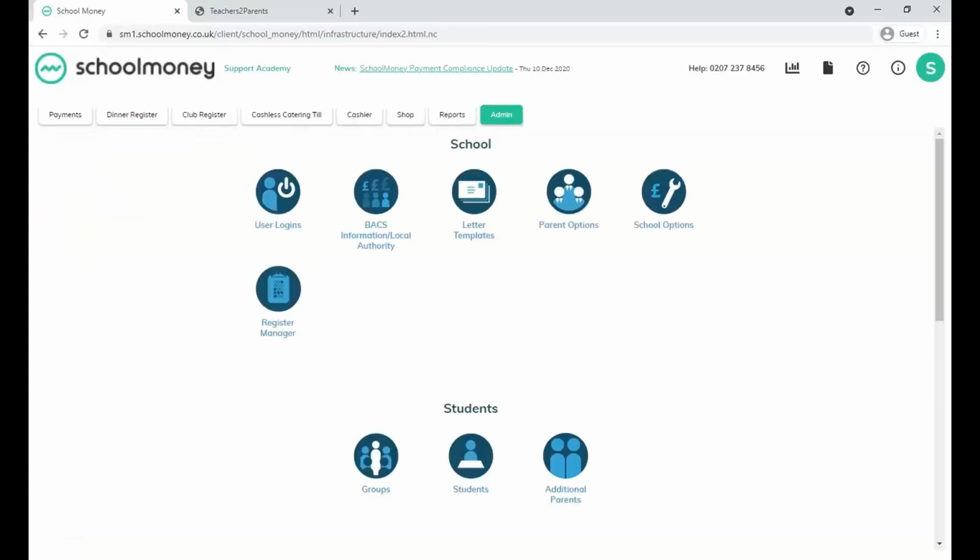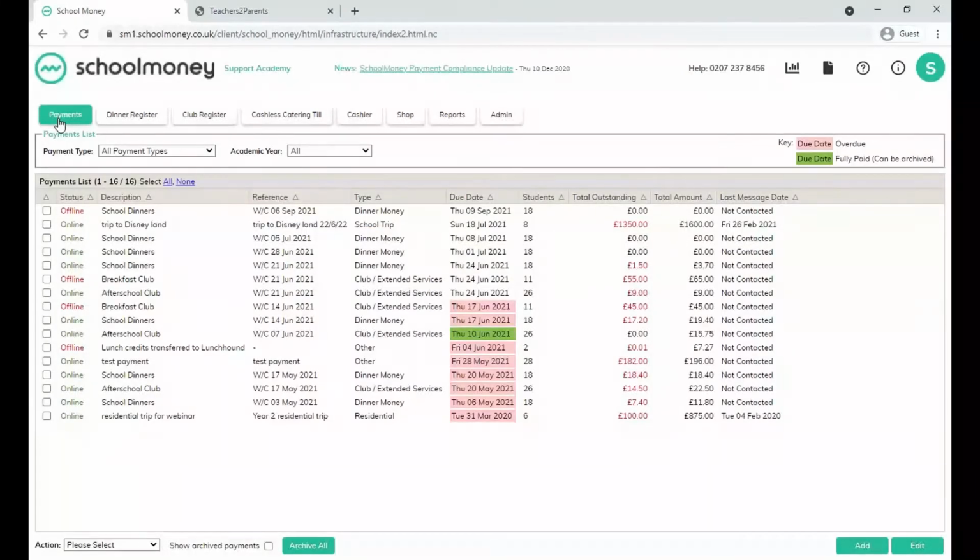So that's dinners. Let's move on to clubs now then. So the same thing with clubs. If you're using the club register, have you set up your initial club week? So the same way again, there's two ways that you can do this, either through the payments tab or through